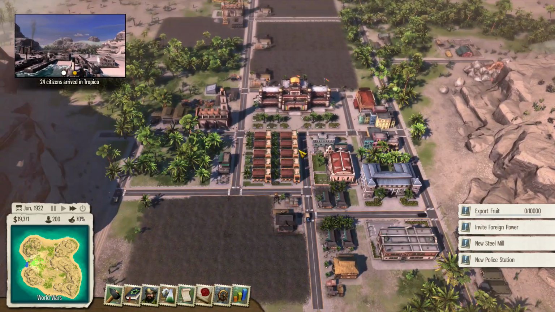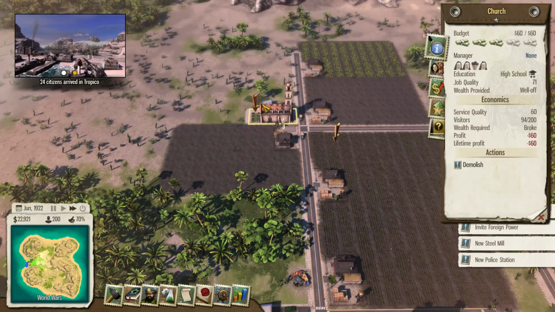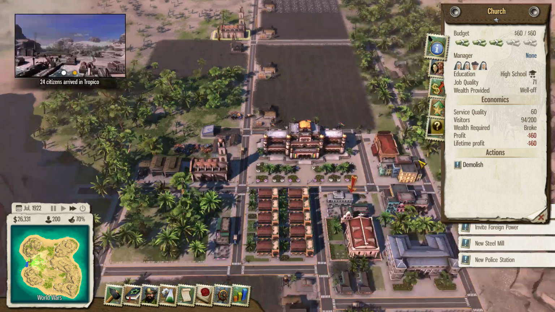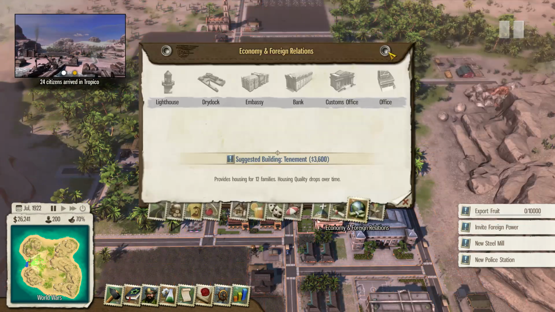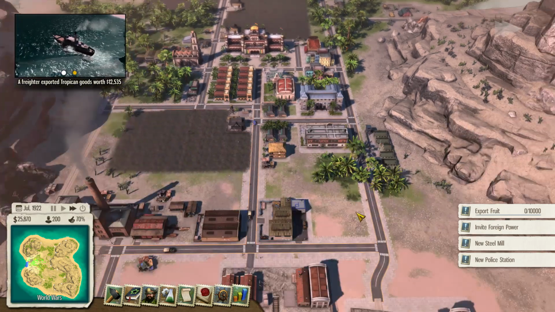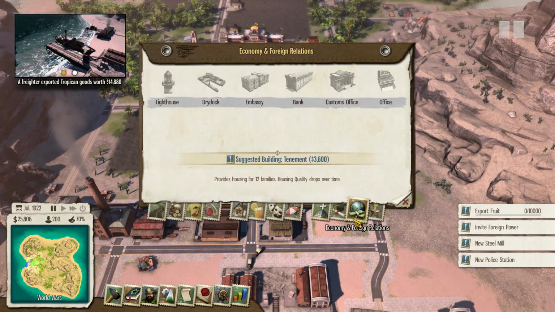We've got a bunch more citizens, which is fantastic because we have a lot of jobs for them. Got our church going on with our high school educated workers. And that completed another quest. Right, of course it did. That was our heir. And we have a lot of money, so...